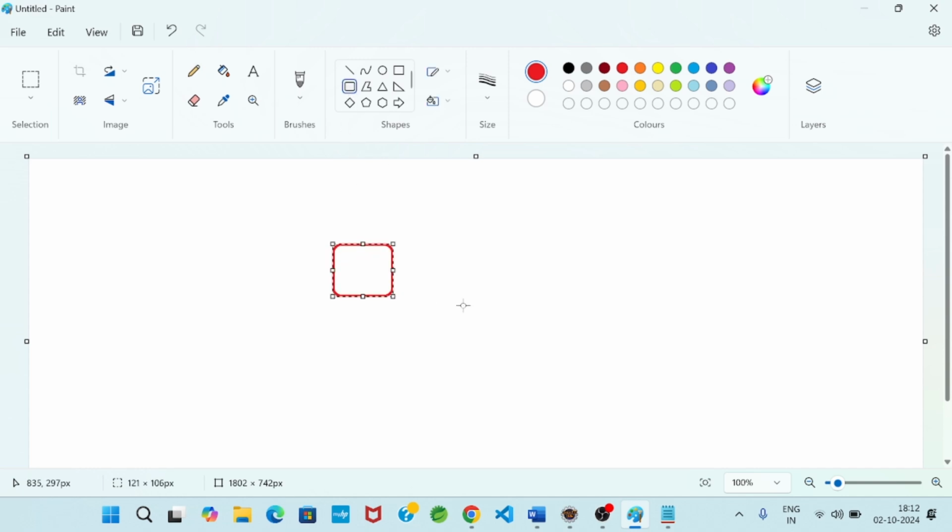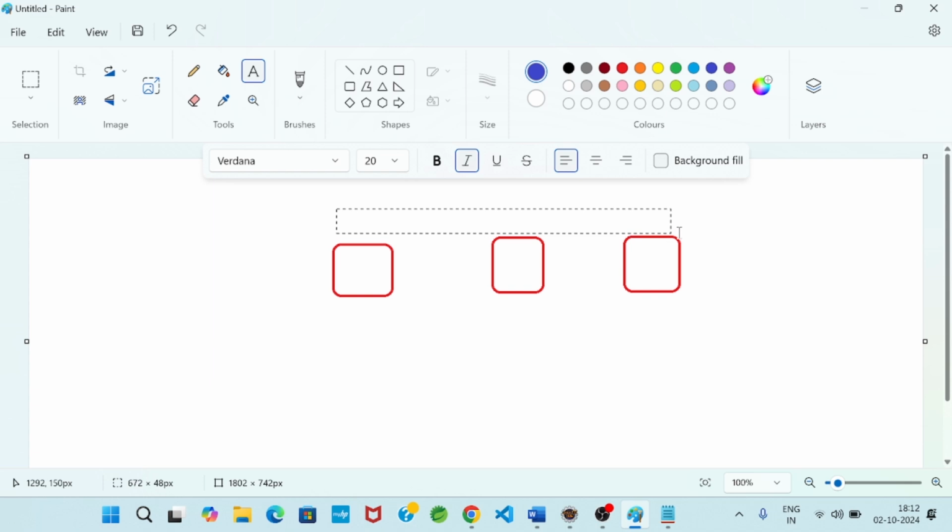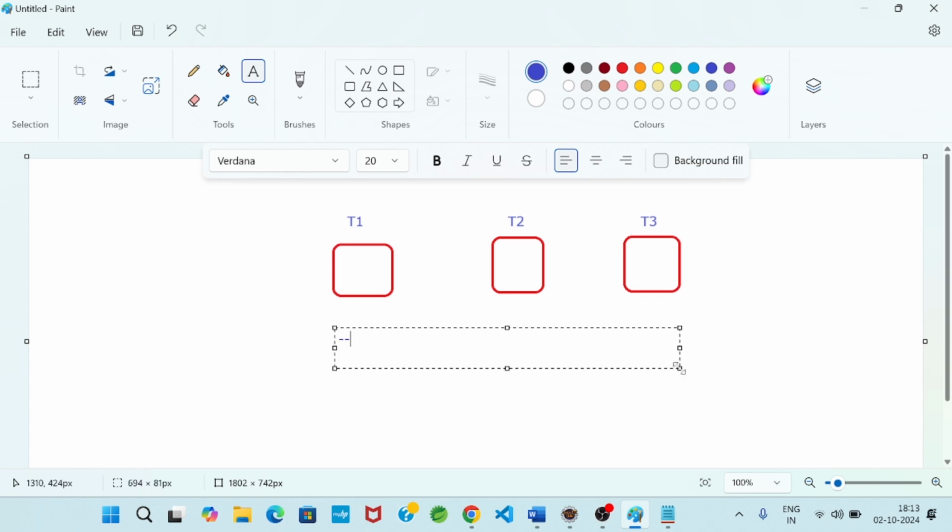Suppose I have one task T1, another task T2, and another task T3. Let the operating system allocate 1 millisecond.